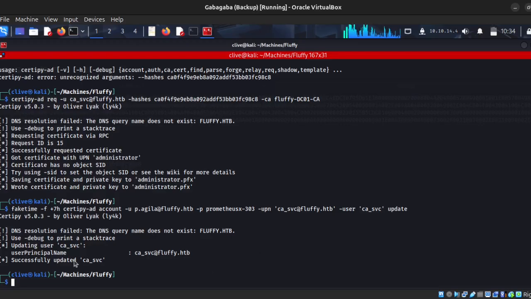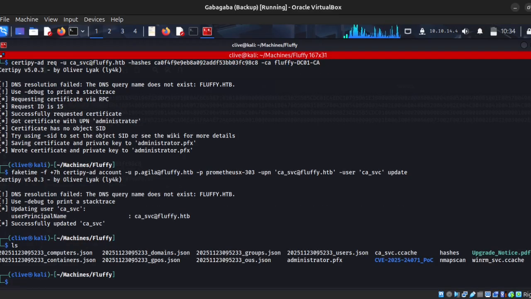From there, successful. Yeah. And then we have new files. Now to be able to get administrator hashes, this is the file that you actually have to focus on. So we're going to use certipy